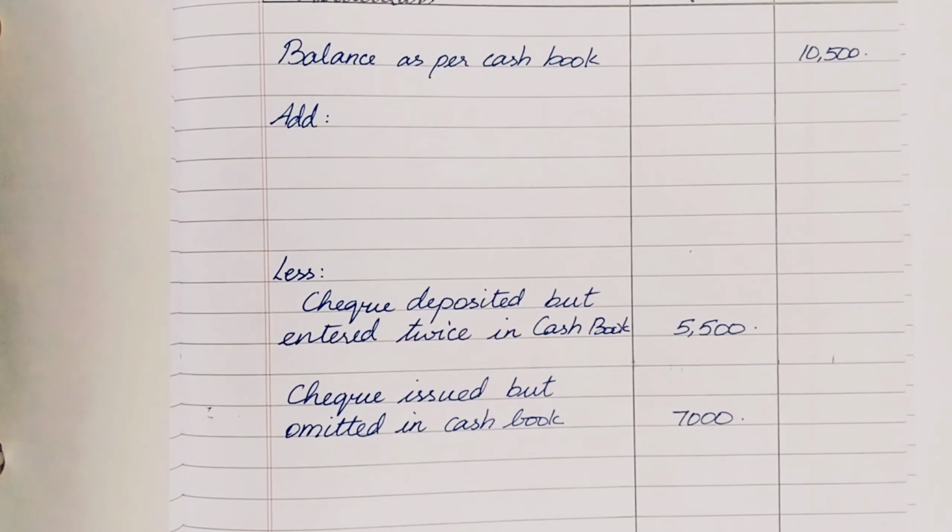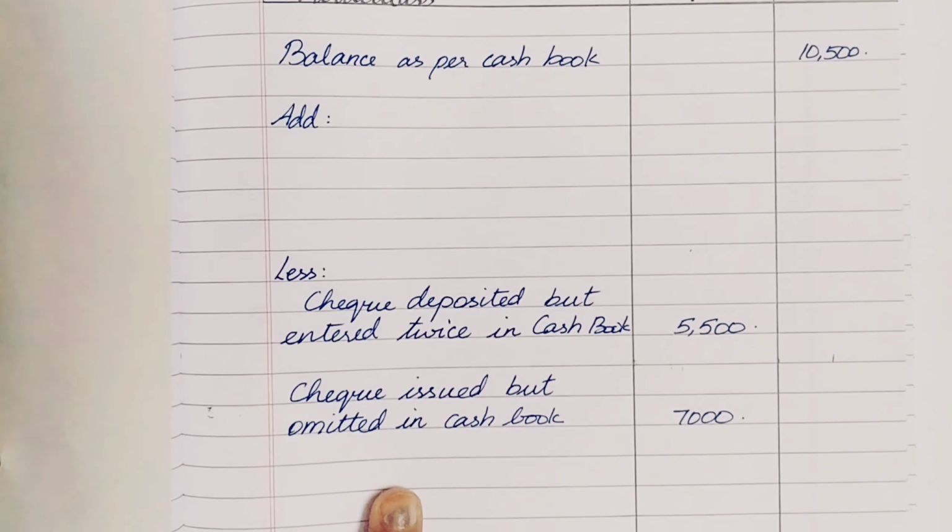So we're going to put that in the less category. The next transaction is checkbook charges debited by the bank. Checkbook charges is the charges which is being taken away from our bank account directly. So 200 is taken out of our bank account. So bank account will be less, whereas it is not at all recorded in the cash book. Therefore, the cash book value is going to be more because an expense is not recorded. So since it's more, the 200 also goes into the less category.